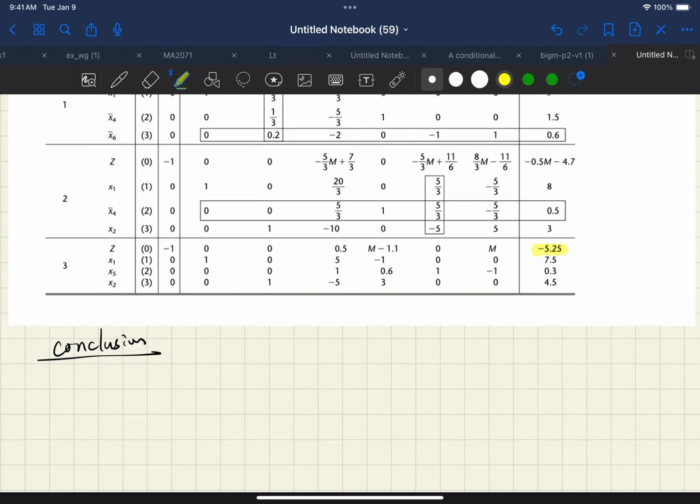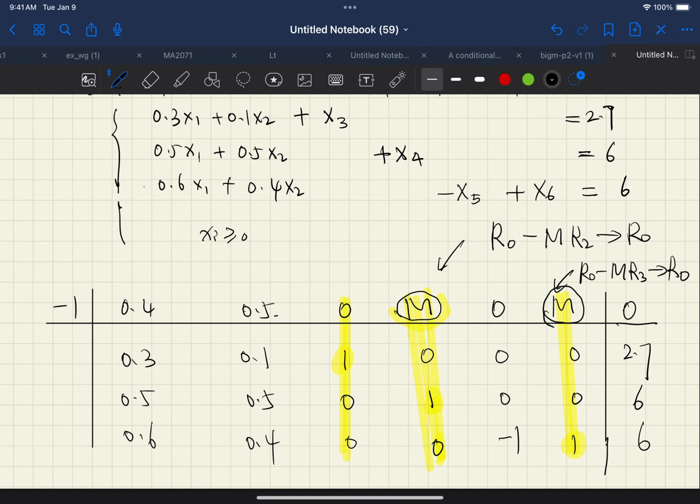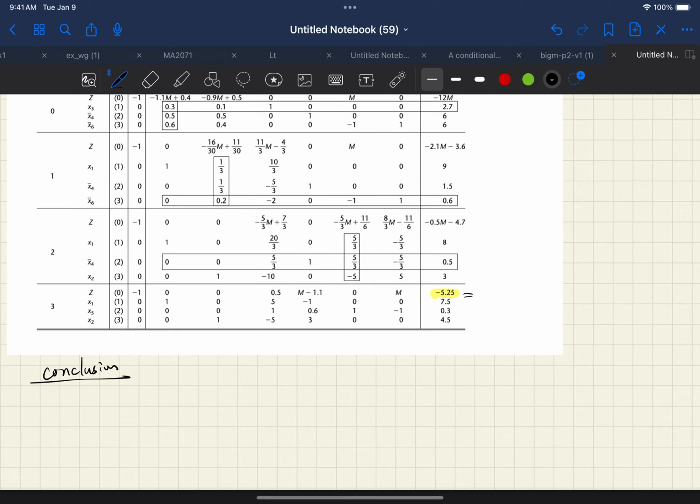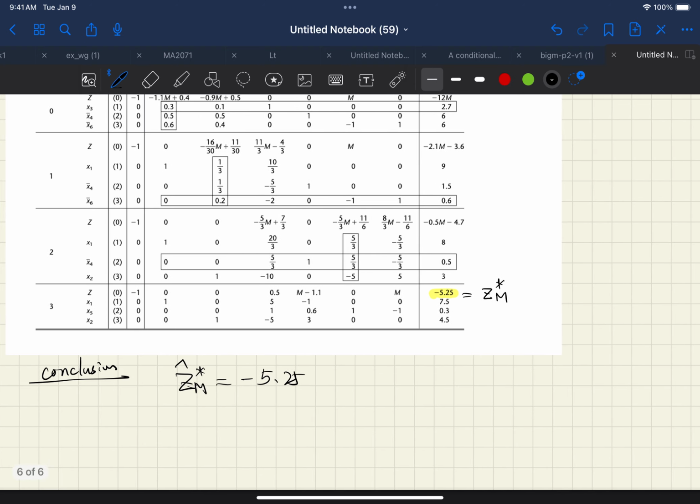So this equals our ZM, this is ZM star, and the optimal value is